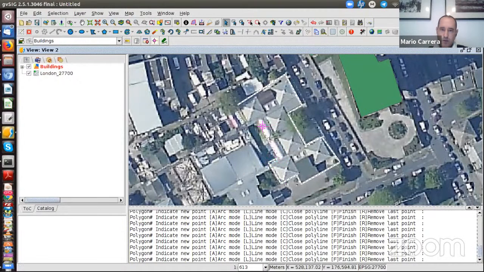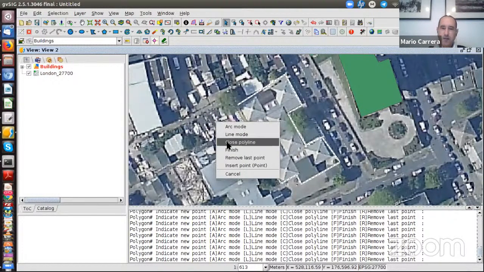If I draw the last point, I can't double click here because I can get a corrupt geometry. Okay, if I have clicked on the last point, I can only finish by